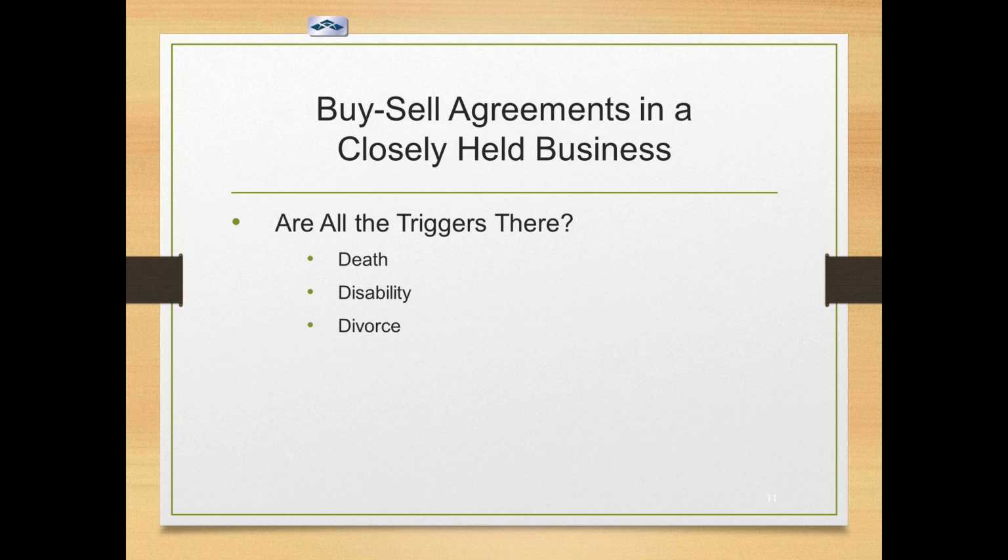Divorce ought to be thought about as a trigger for a buy-sell. Divorce? Really? Yeah, no, divorce really should be thought about. If people get divorced, what is it that they fight about? Well, they fight about everything sometimes, unfortunately. But one of the main things that they might fight about is stuff. They might fight about stuff and what it's worth, how to divide it up, and how to turn it into money. And if a divorcing business owner